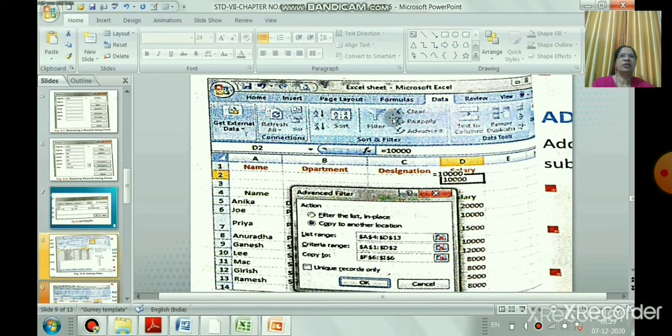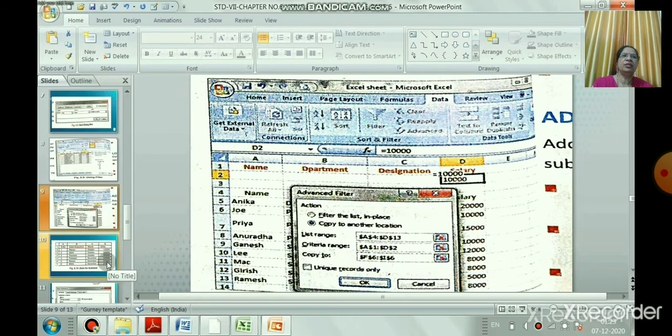Now and we have learned the advanced filter. So advanced filter, what is the difference between the filter and the advanced filter? In the filter, you can filter the data and you can see the data. But in the advanced filter, you can filter multiple fields using specified criteria, and the main thing is you can copy the filtered records to a different location. That is the most advantage